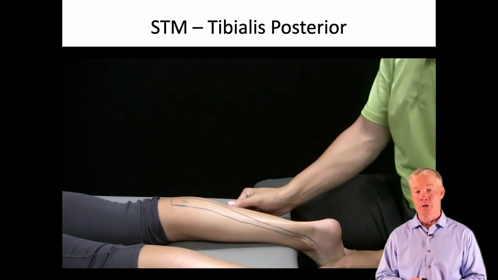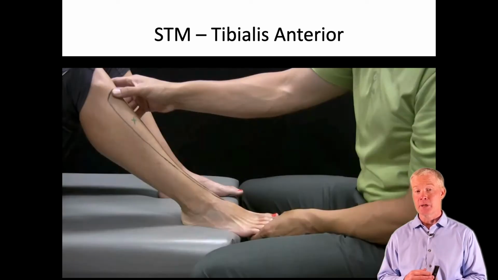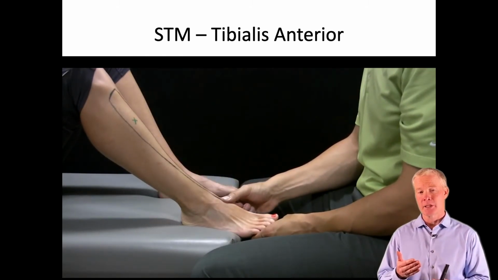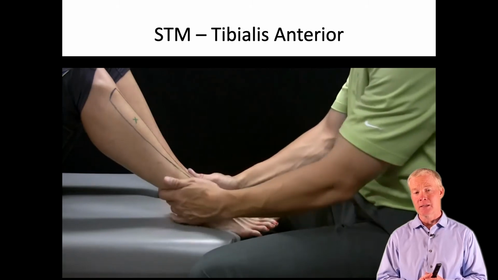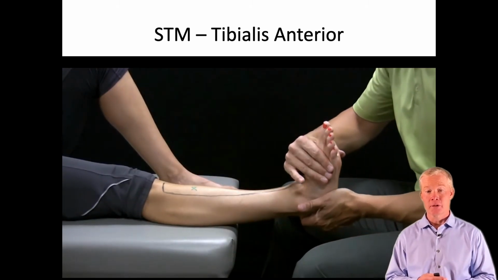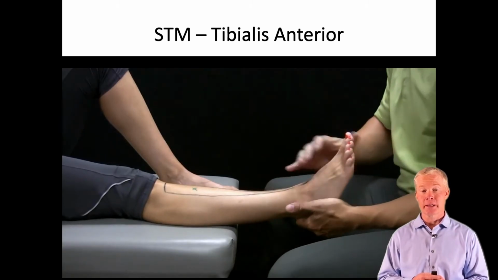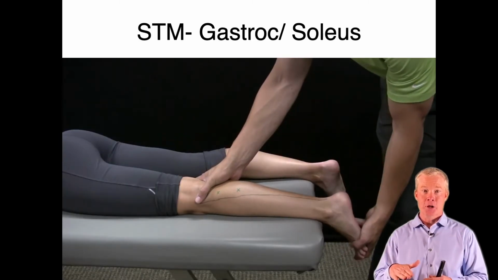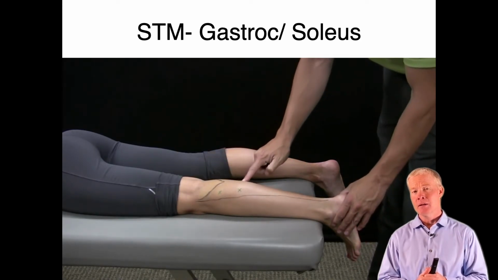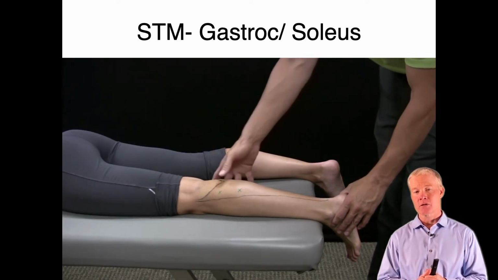We'll work out the trigger points within the tibialis anterior muscle, which is another muscle that frequently develops tenderness and trigger points, especially more proximally, closer to the knee. So we can work those trigger points, strip the muscle out, and certainly work out the gastroc and soleus. The gastroc and soleus are plantar flexors of the foot, and a lot of times with most any knee or ankle pathology, the gastroc and soleus become tight.